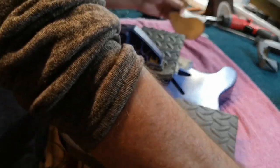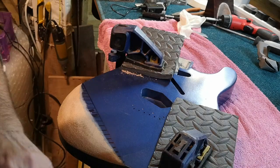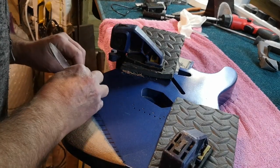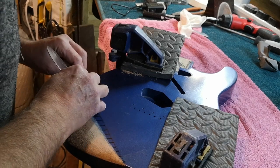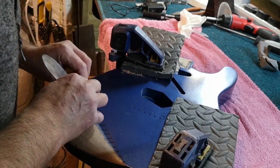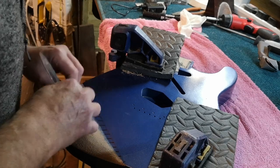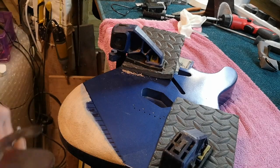So for this bit, let's see, you can either come away from the edge like this. It's just sort of pulling the paint away first, but we're getting a reasonably straight line, and probably straighter than you'd get with